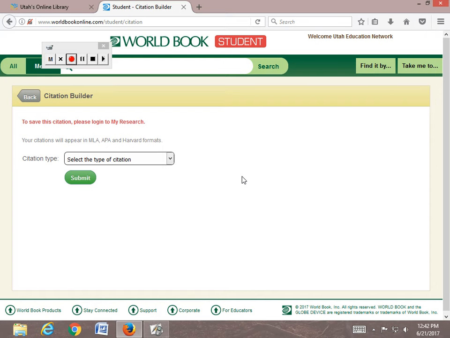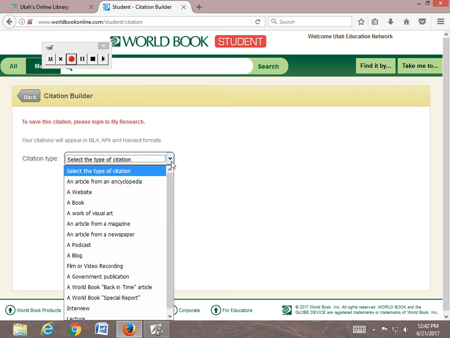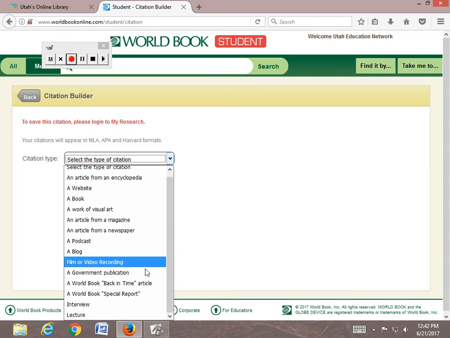If you have your bibliographic information for your particular paper, which is very important, then just come here and select the type of citation: an article from an encyclopedia, a website, a book, a work of visual art, an article from a magazine, an article from a newspaper, a podcast, blog, film or video recording, government publication, a World Book Back in Time article, World Book special report, interview, or lecture. If you hit one of these, let's say it's a website,